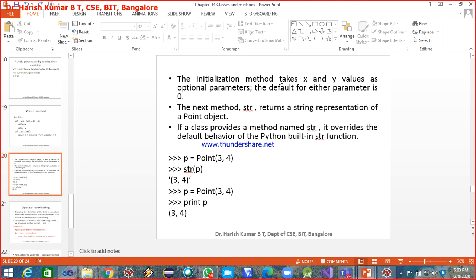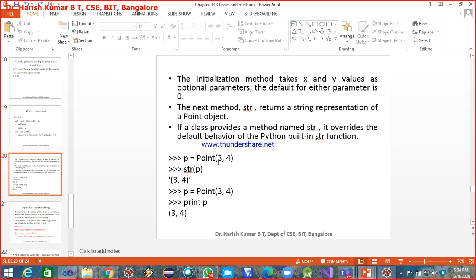The initialization method takes x and y values as optional parameters, and the default for either parameter is 0. The next method, str, returns the string representation of the point. Since str is already a built-in function, and you have given the definition of str inside the class, it overrides the default behavior of the Python built-in function str.